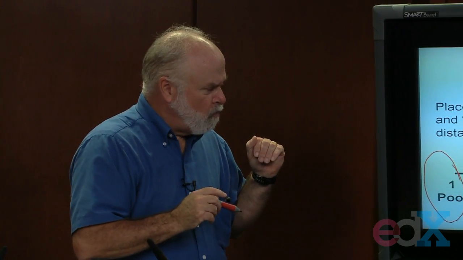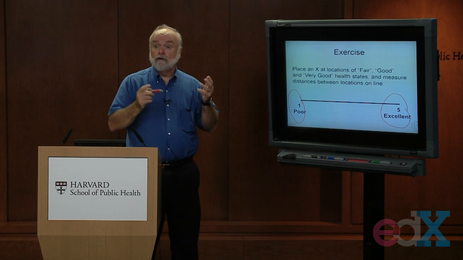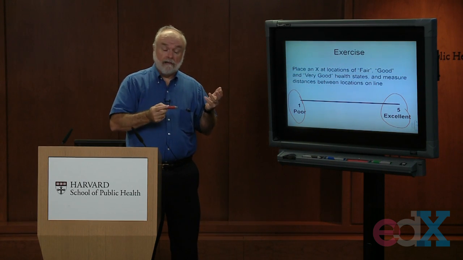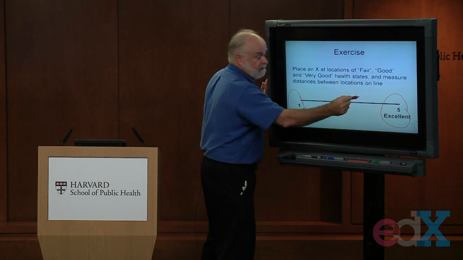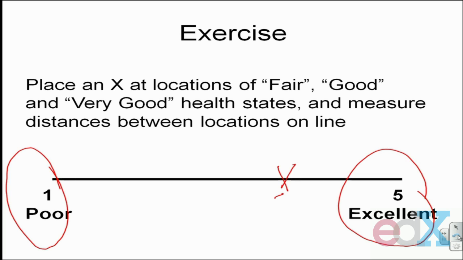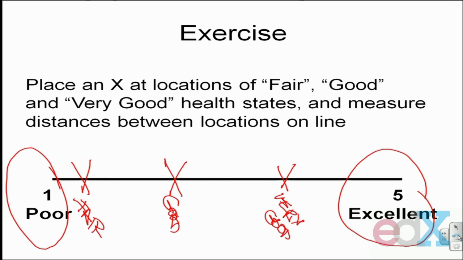And I asked you to draw X's that would represent the location where you would put those other 3 health states: very good health, good health, and fair health. So you might place an X for very good health at that location,